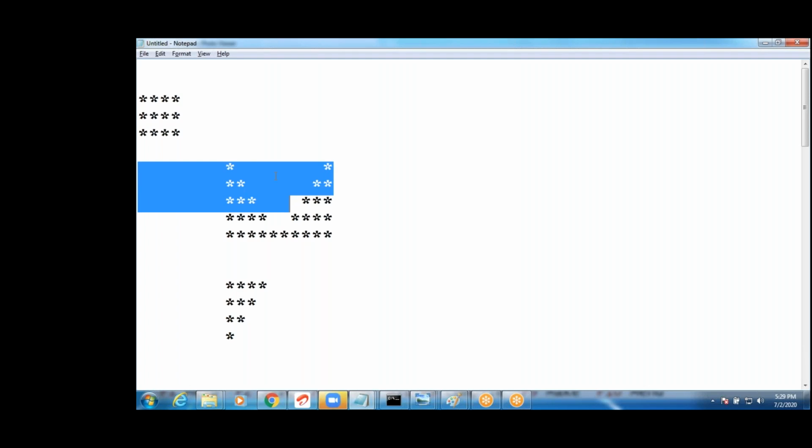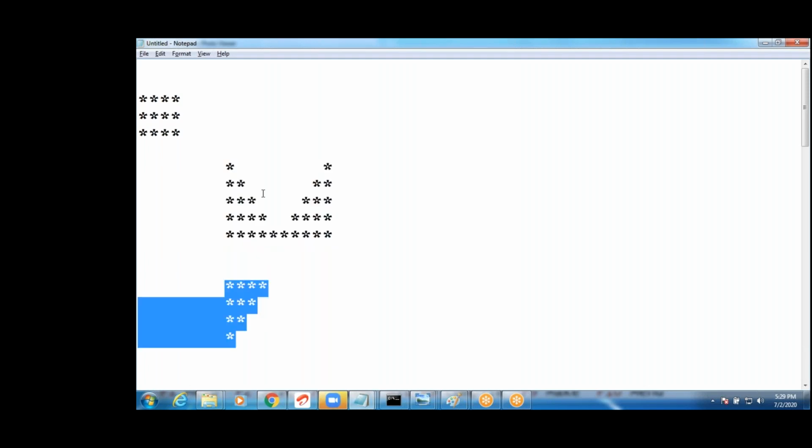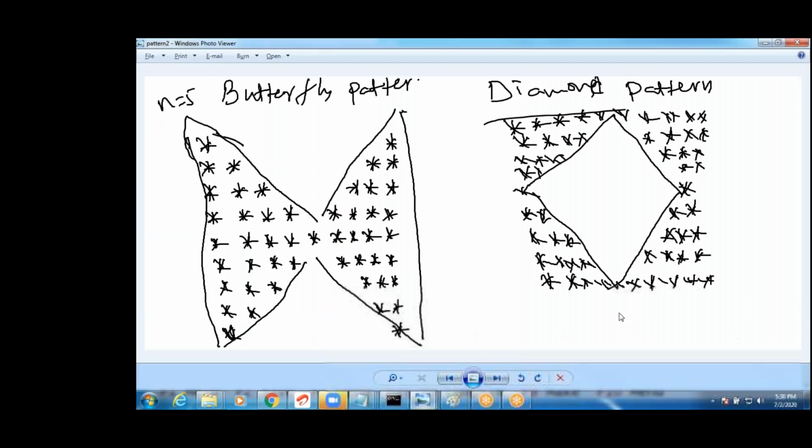Okay, I want to write a butterfly pattern, guys. See this? You can draw this butterfly pattern. You understood, right? N is 5, butterfly pattern. This is the diamond pattern, guys. Are you following how to write this? I will write just 4 loops again and again, right? You can write this with a lesser amount of code also, guys.